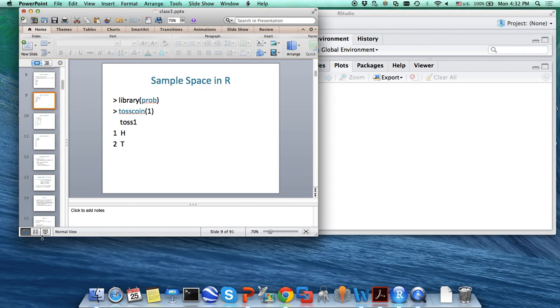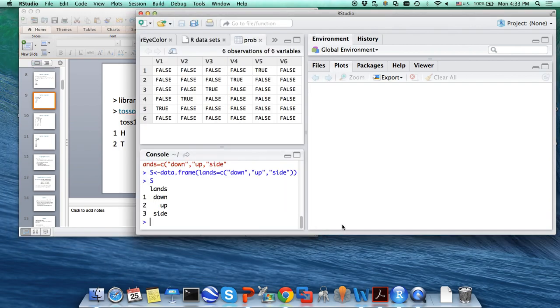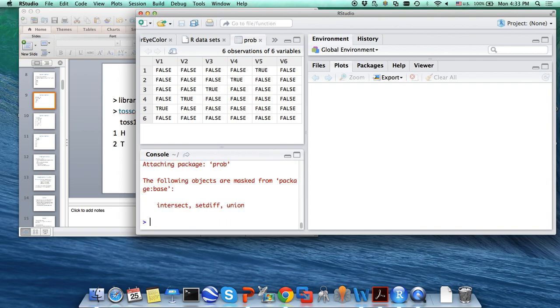So there's already an experiment defined in R that allows you to toss a coin. And it's going to give you the probabilities or the different sample space, the different types of events that different probabilistic experiments can have as outcomes. So for example, the library that we're going to be using now is called prob. So let's load that library. Wait until it's loaded, and then there's an experiment in this library